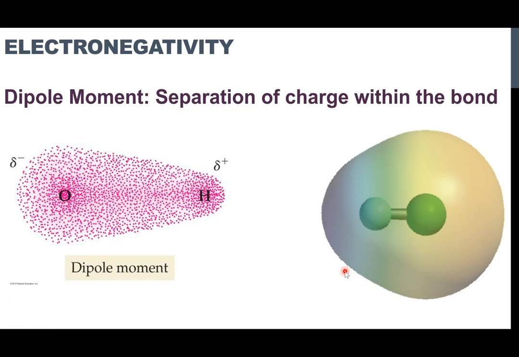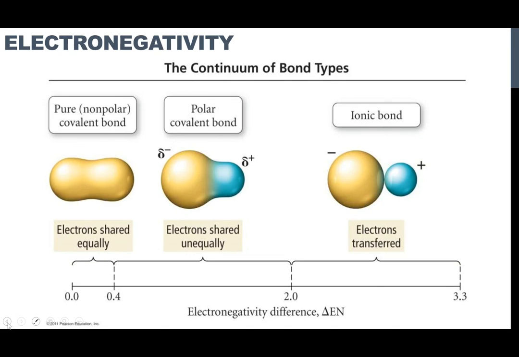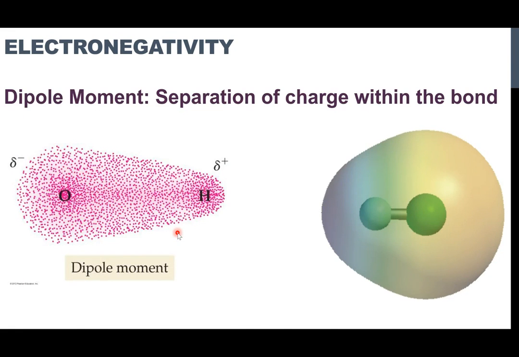Here we see the same thing. It kind of flipped over, but here we see an electron dense region over here with all the yellows and oranges. Over here we see an electron poor region with the blues and the purples. So same kind of idea. Okay, so separation of charge. What this tells us is that maybe these molecules don't share the electrons equally. So even though they are sharing electrons, they're touching 2 electrons or 4 electrons, maybe those electrons aren't being shared